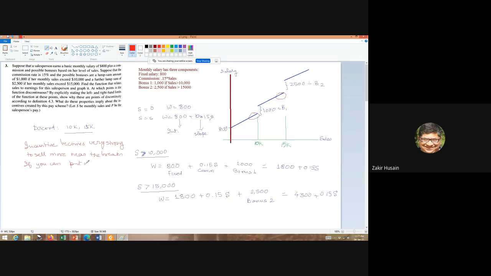If you can put in slightly more effort, then your wages will jump. It will initially jump by 1,000 and then it will jump by 2,500. So the incentive becomes very strong when you're approaching the limits. Over here, it doesn't matter. If you increase, it's going to go up by the same amount. But here, because of the jump, the incentive suddenly becomes stronger.